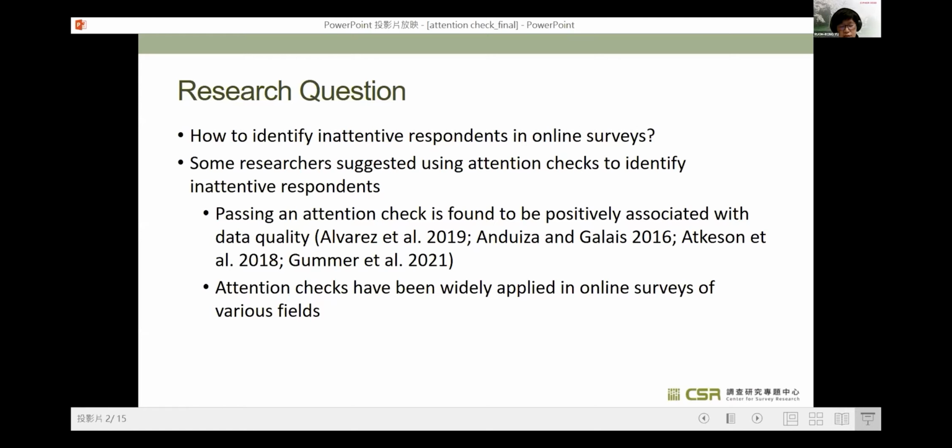And existing studies find that passing an attention check is positively associated with data quality, and the researchers hold a positive attitude toward attention checks. Nowadays, attention checks have been widely applied in online surveys of many fields.